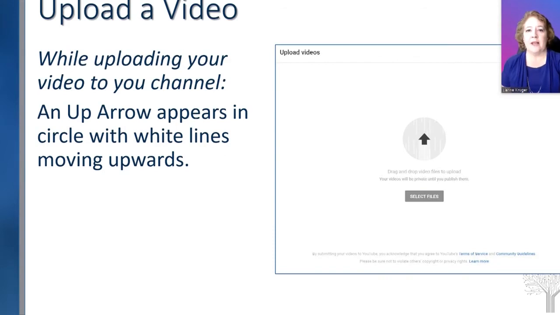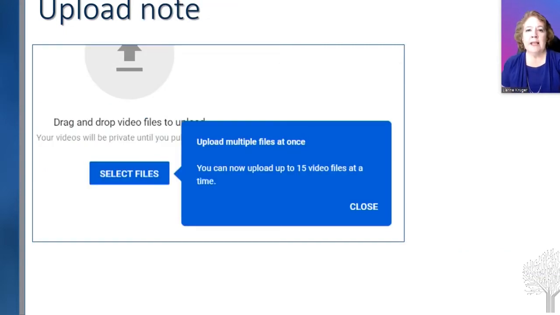When it's uploading, it's kind of cool. It looks like the arrow is moving because of the gray lines behind it that are moving, telling you that it's working and uploading. If you have multiple videos that you are really excited to add to your YouTube channel